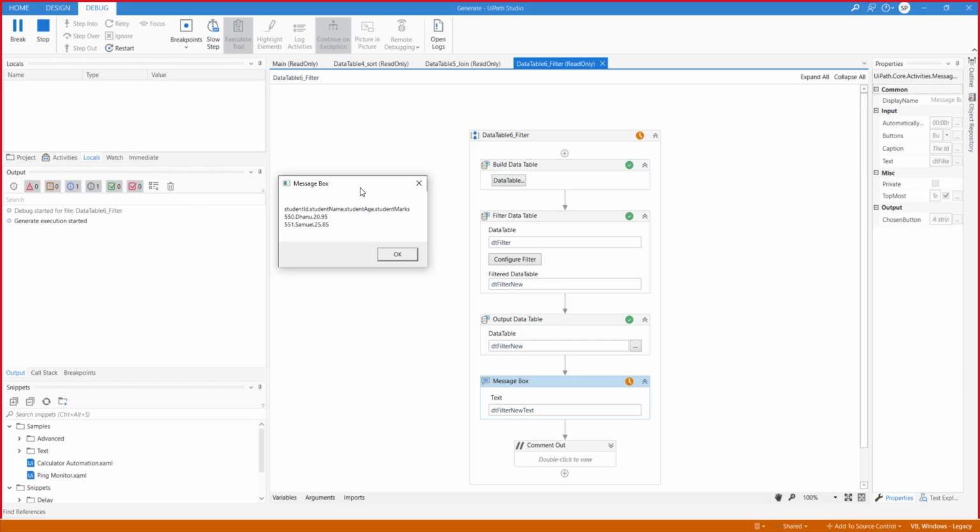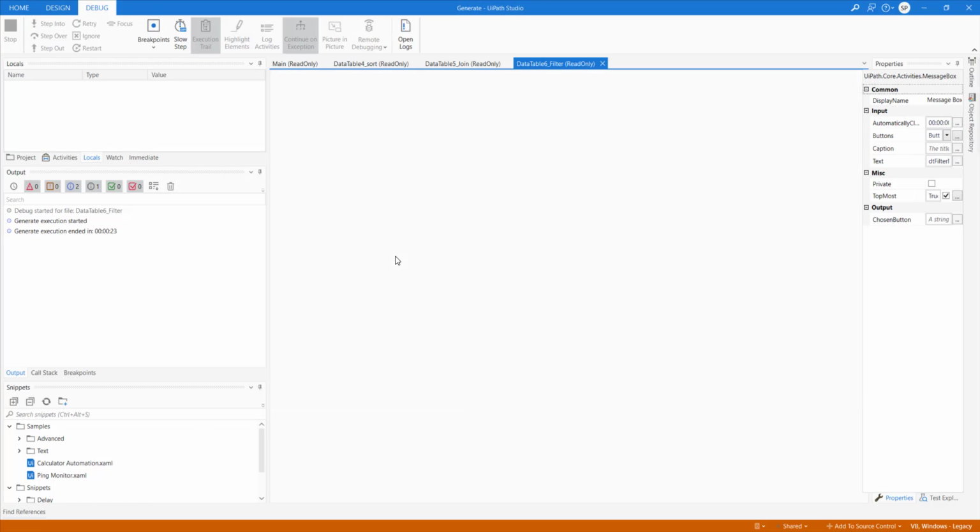Right. So in the data table, in the initial step we have multiple rows, but once we filtered, we are seeing only the filtered records. Right. Any doubt here on this example?